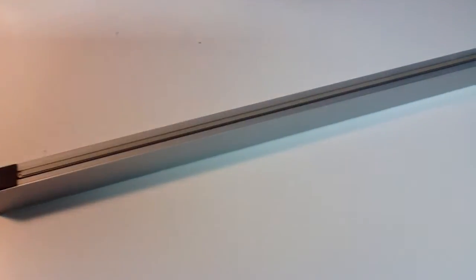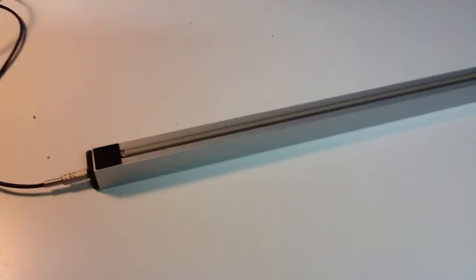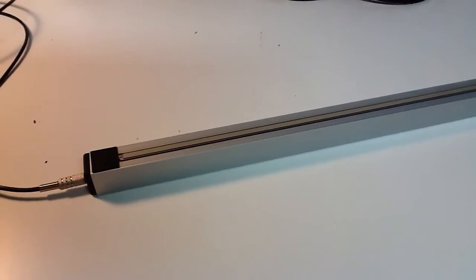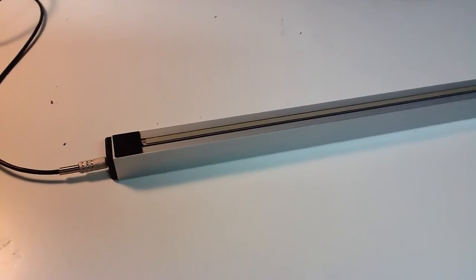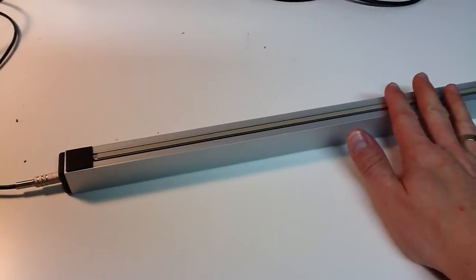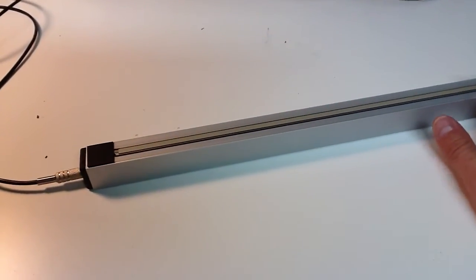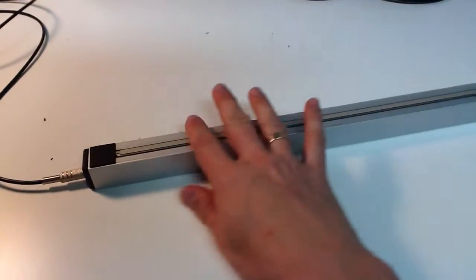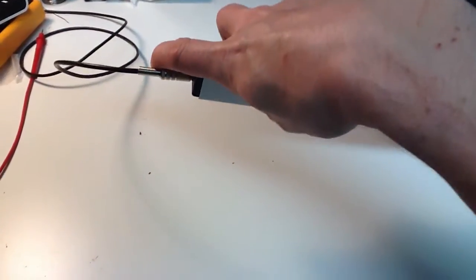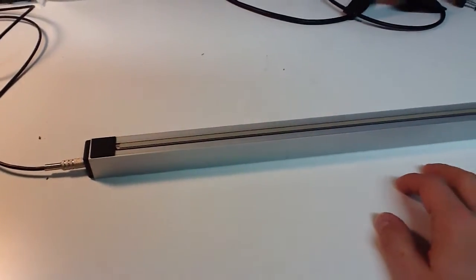Hello, today I want to demonstrate another version of the ribbon controller, and this one is probably the simplest of all of them in the range of adaptive audio controllers. It works as a variable resistor. Basically it's a completely passive sensor, there is no power required to work with that controller. It has only one single output on the mini jack, and as I said, it works as a potentiometer,